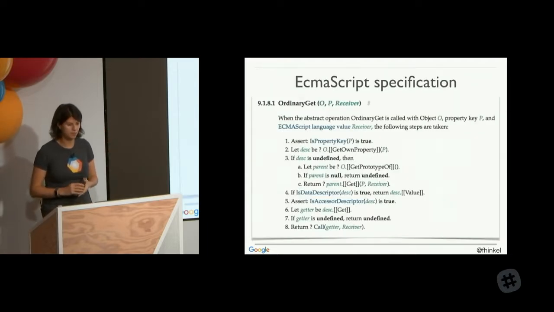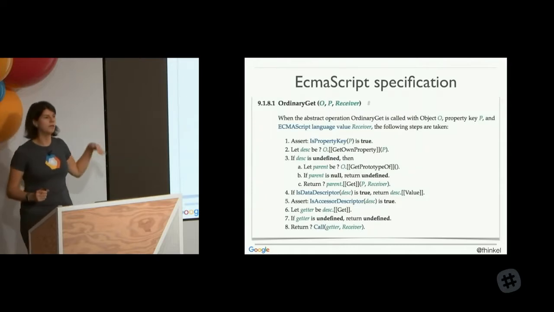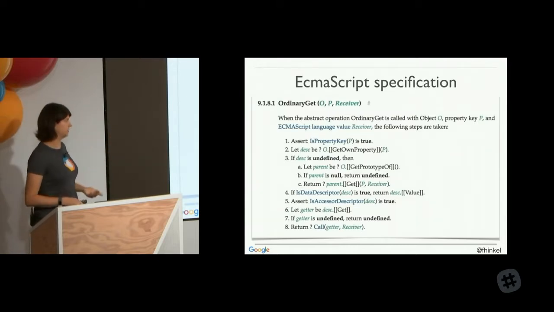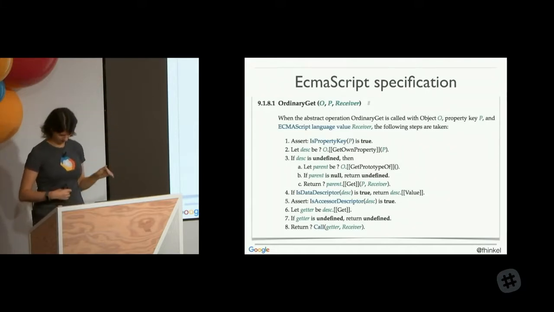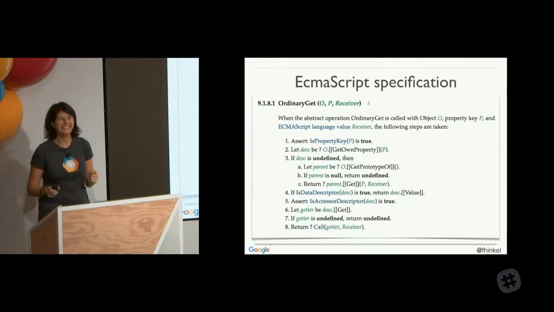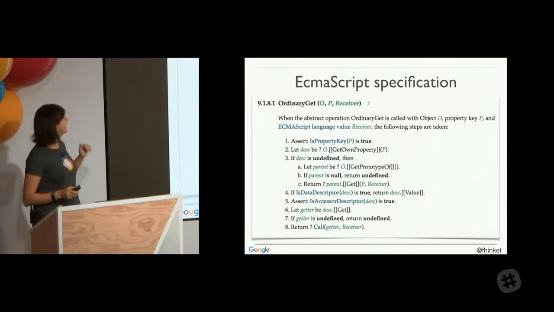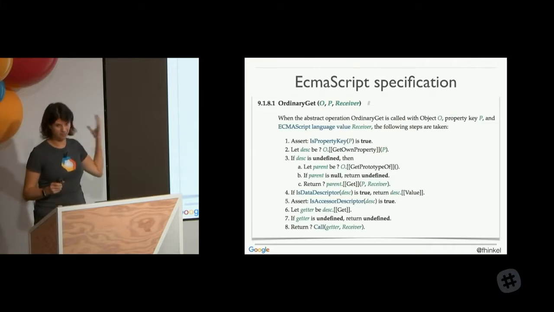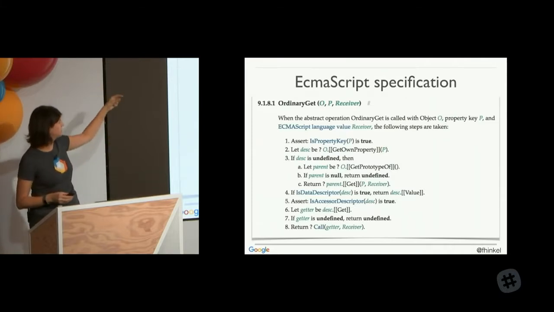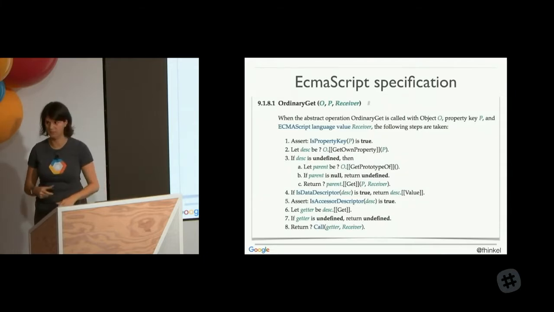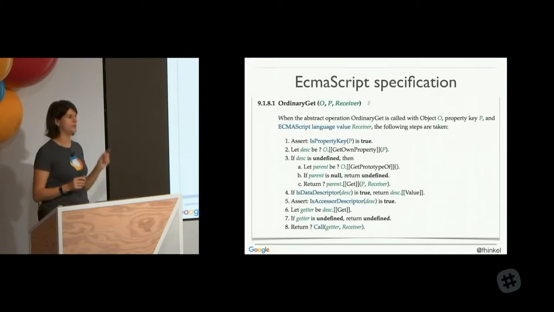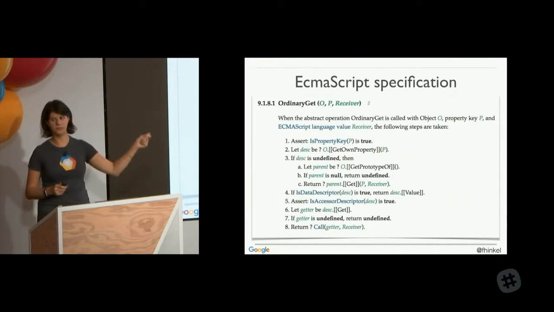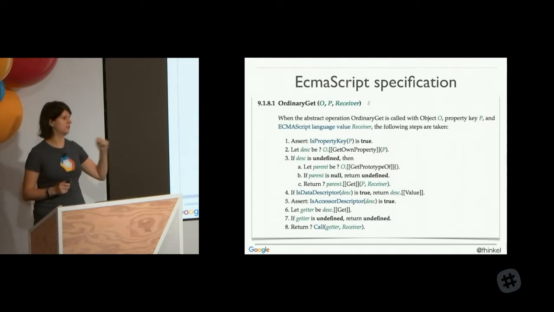And in fact, in the EcmaScript specification, so don't worry about reading all this, EcmaScript specifies how JavaScript has to be implemented, what should happen. And so just a simple property lookup is 8 steps here. Sorry. Making sure everybody's awake. So in the specification, something very simple like a property lookup is a ton of steps. And in fact, each one of those steps here is another long list of 10 steps or so. So everything's really complicated in JavaScript. It's not just, oh, you get this property and you're done. No, no, there's lots of things. Well, if it's undefined, if it's on the prototype chain, if it's a proxy, if it's a get trap, and so on.